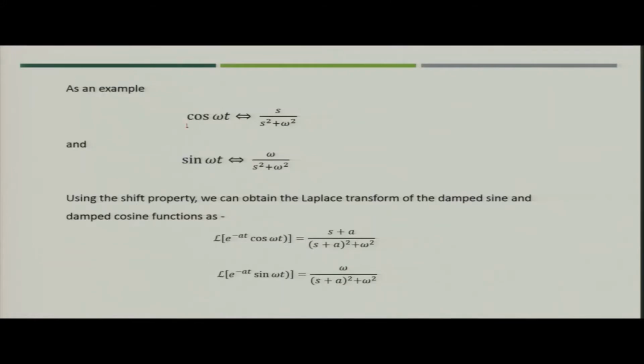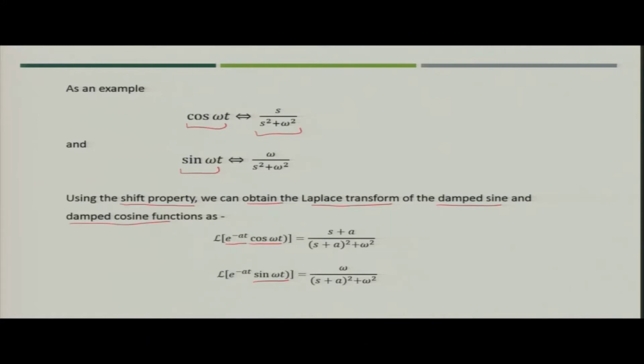Suppose cos omega t is a function, then its Laplace transform would be s upon s square plus omega square. Similarly, for sin omega t, the Laplace transform is omega upon s square plus omega square. Now, if we use the shift property and we need to obtain the Laplace transform of the damped sinusoids, that is damped sine and cosine functions, meaning we are multiplying cos omega t and sin omega t with e to the power minus at,